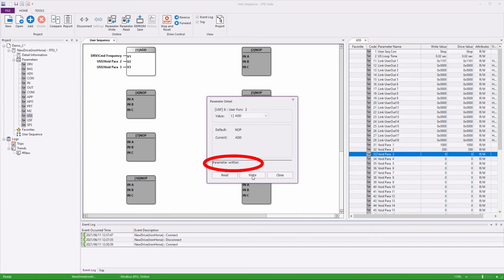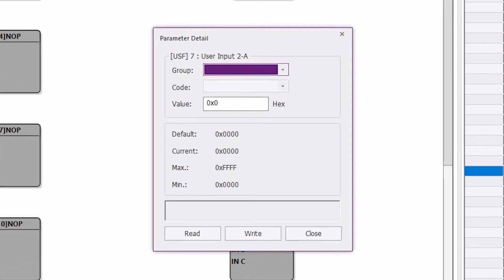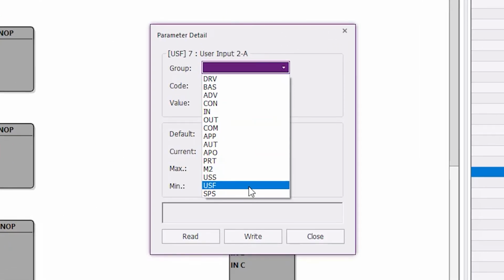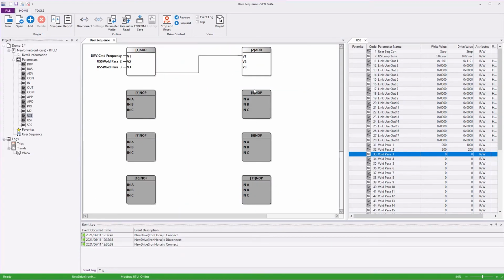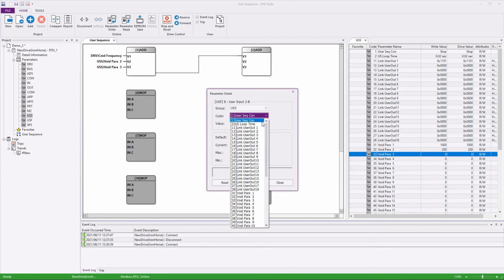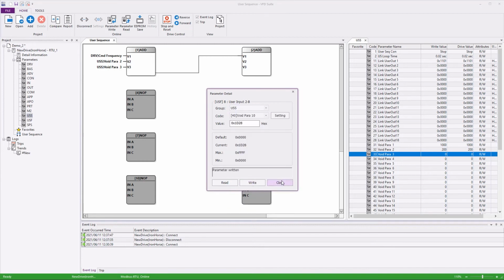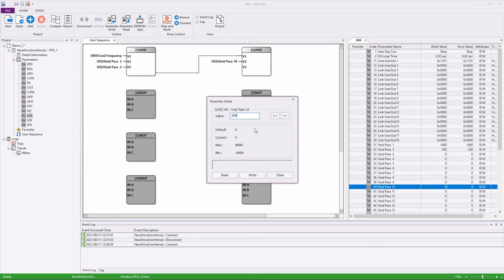Again, keep an eye on this guy. We see it was written with no error. Perfect. Right-click and change input A to get from the user function's parameters block 1's output, and we see the connection line. We want to add another 2 Hz, so let's use parameter 10 for that just to be different. Change it to 200 for the 2 implied decimal places and write that out.